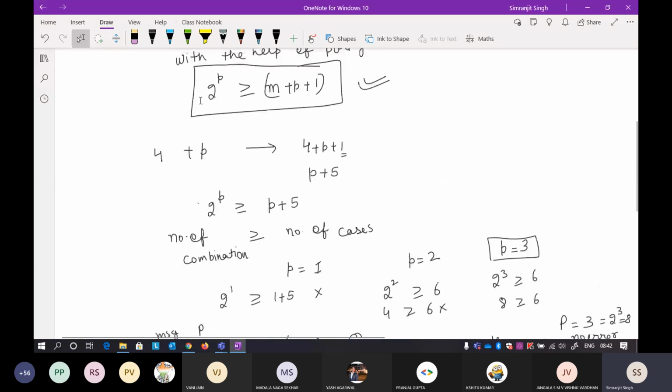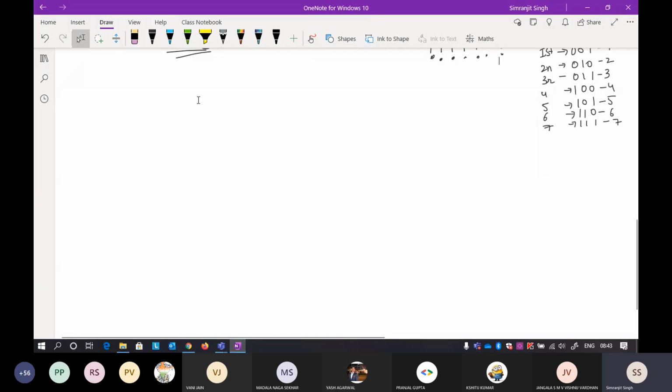Okay, so if you understand this formula, now it's very easy for you. Suppose the message that I want to send is of 4 bits, and you already know what the parity bits will be. So the message is 0 1 0 1. Now how can you figure out the parity bits here? The parity bits: 2 raised to power p should be greater than or equal to m plus p plus 1. Now you already know what m is. The number of bits is 4, plus 1, that is 5, plus p.